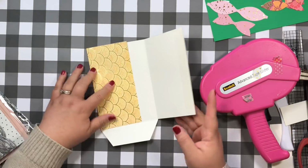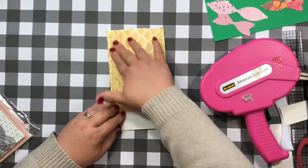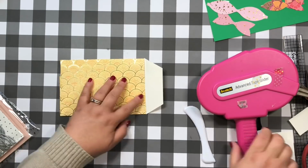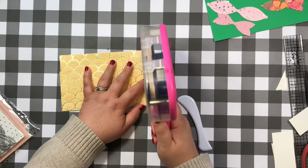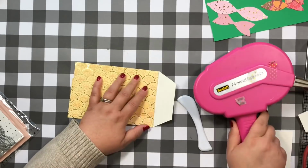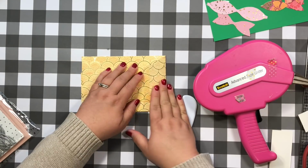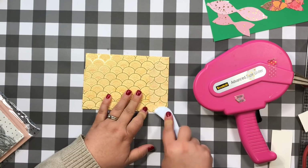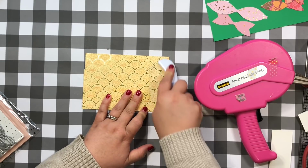So it's super easy. And then you're just going to make sure everything's creased really well and straight. So then just take the bottom flap, and you're going to add your ATG or your double-sided tape or whatever adhesive you're using, and right there, close it up. So easy. And this is like a top-loading pouch, of course, and it's just going to be like an opening